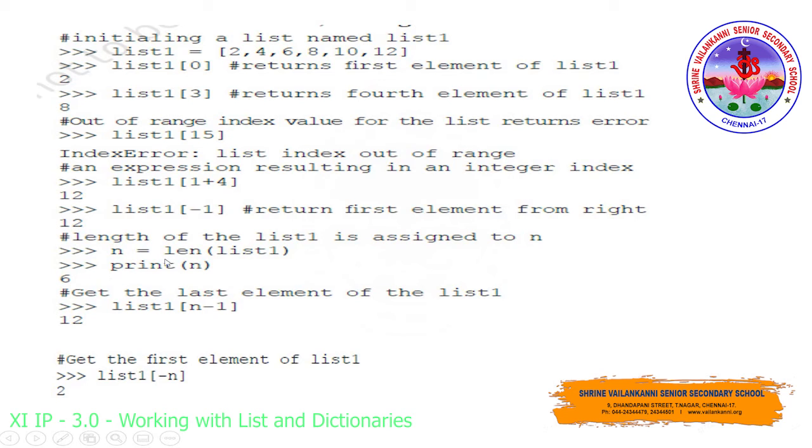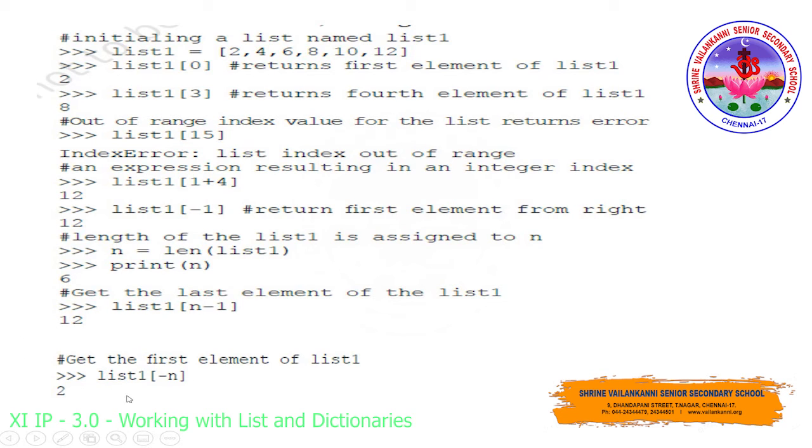So n is a variable, and for that variable they have used the length function. So the length function we will use here to find the length of the list, that is the overall elements that you have in the list. So length of list 1 if you give, what will happen? How many elements do you have here? 0, 1, 2, 3, 4, 5. So 0 till 5, if you count the overall elements you have here is 6. That 6 will be assigned to the variable n, and if you give print of n, 6 will be printed. And even in this particular method also you can use it. So if I give n minus 1, what is the value of n now? So n is 6. So 6 minus 1, what is the value of 6 minus 1? 5. So the value at index 5 is 12. The 12 will be retrieved. You got it?